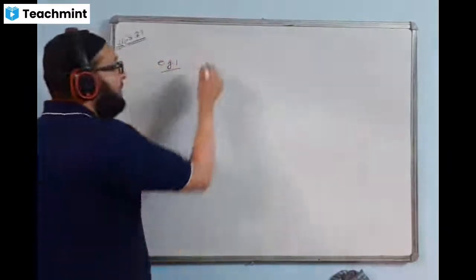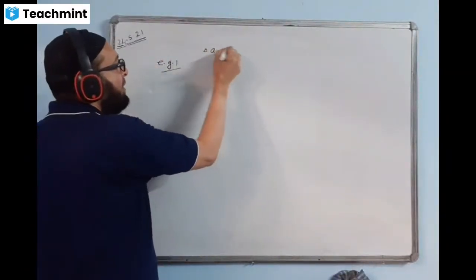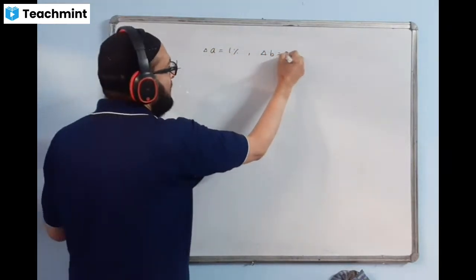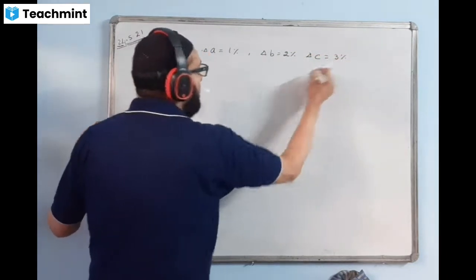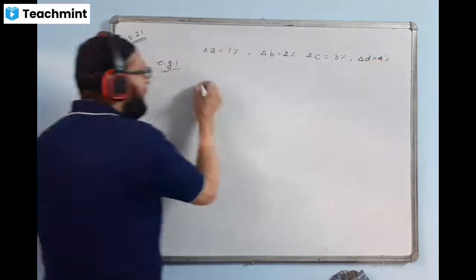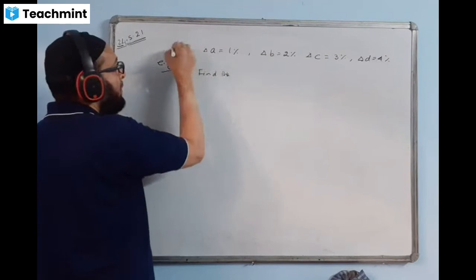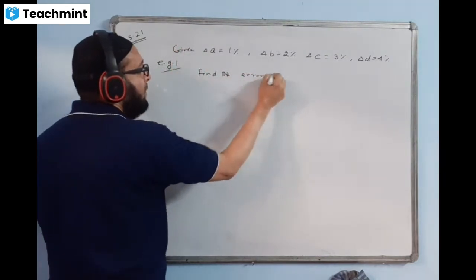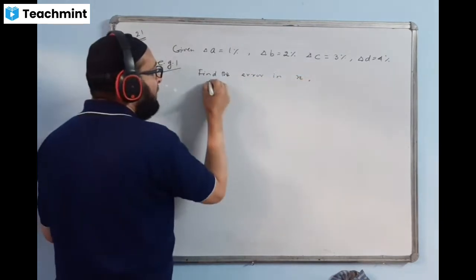Sometimes one equation may be given as this. Suppose they have given one equation as this. Delta A is given 1%. Delta B is given 2%. Delta C is given 3%. And delta D suppose also is given 4%. And they are asking, find the error in X